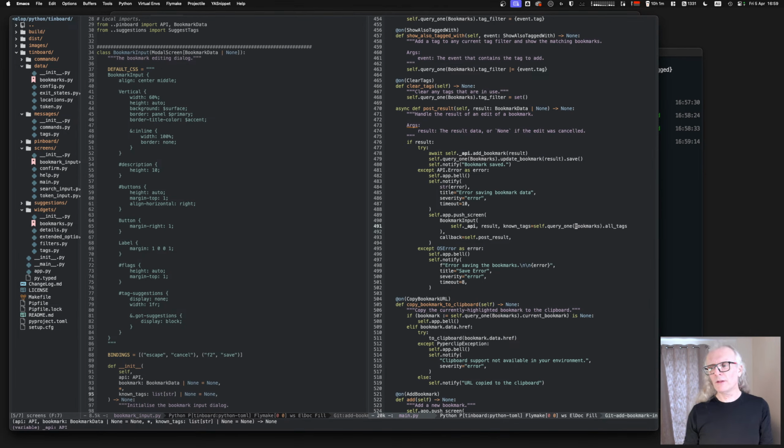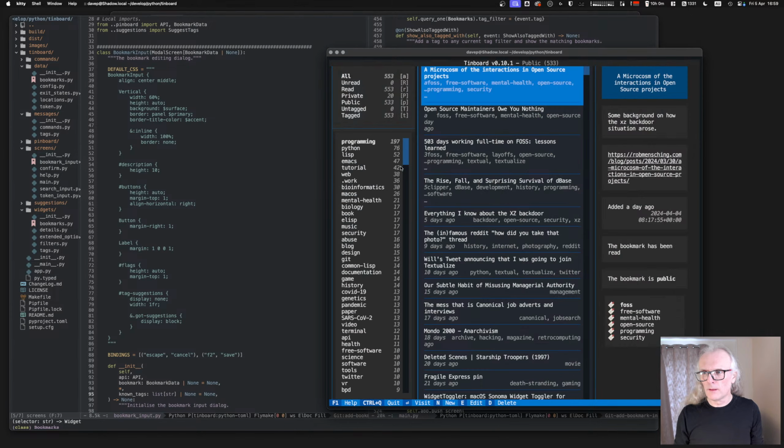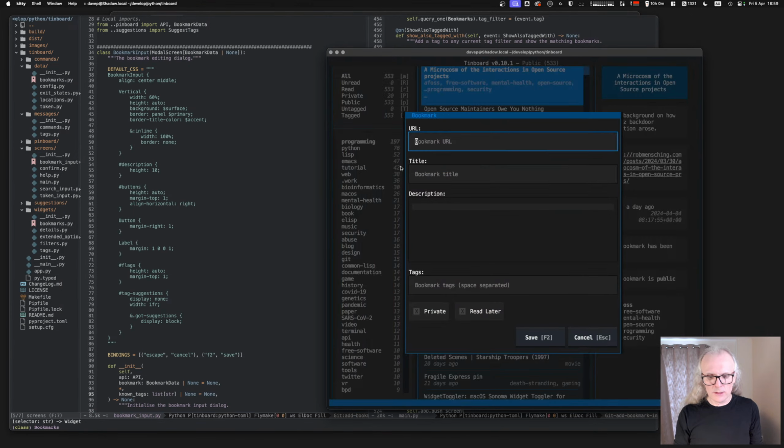Yeah, so this is a shortcoming again with the approach I've taken, because if I actually run it up properly, if I go to add a new bookmark,